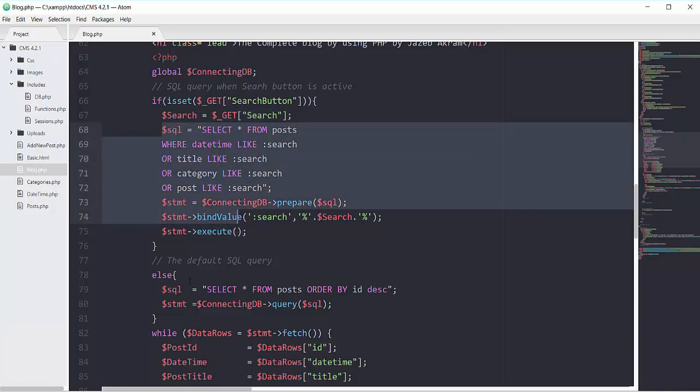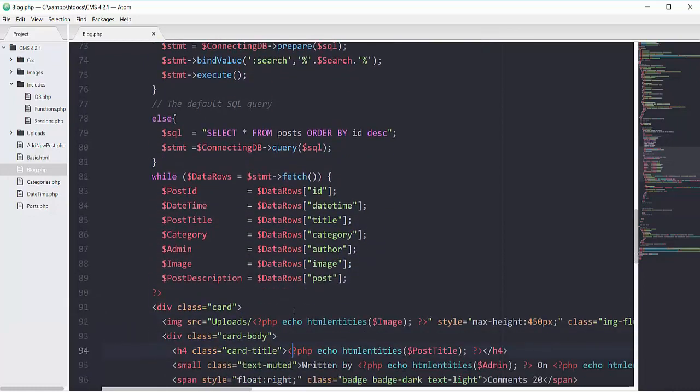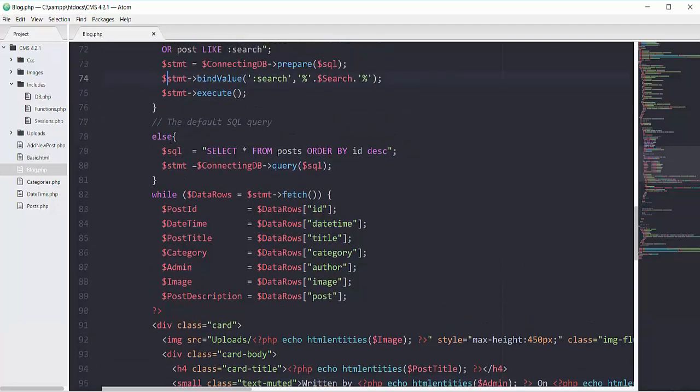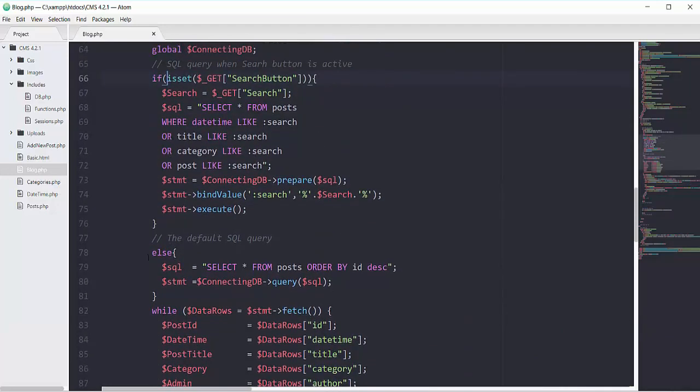Else you will have this SQL and you will use the STMT on this query method. And the while loop is the same. I don't have to change anything here. So I just divided the whole into different scenarios. Later we will add more scenarios when we will search according to our categories, or we will add the pagination. So that's how we work with the search button.